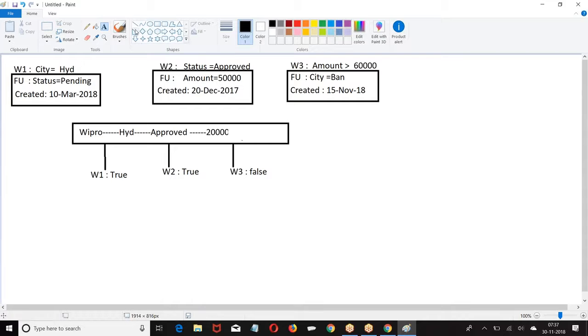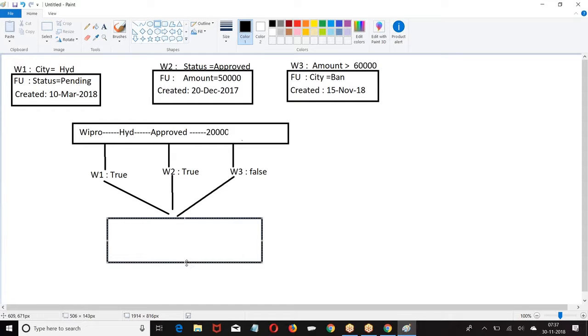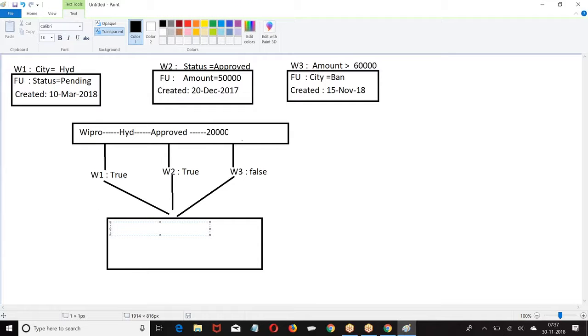Now whichever rule is true, get their actions. Out of these 3, whichever is true, get their action. So we have the field update action.